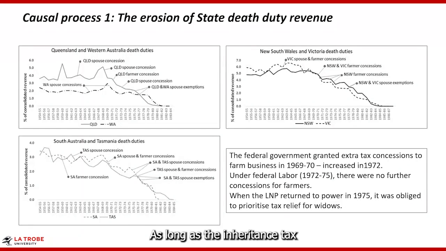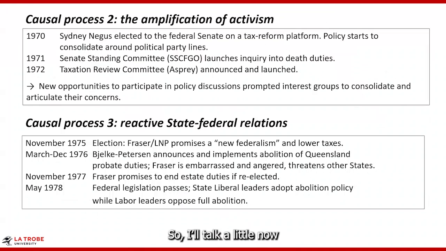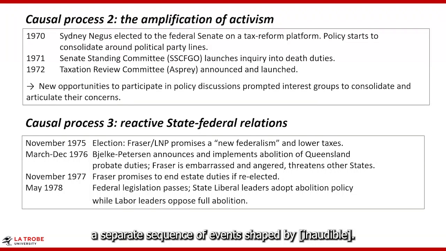As long as the inheritance tax revenue provided substantial revenues to governments, abandonment just wasn't economically feasible. But when those revenues were greatly reduced, abandonment or retention became more of a matter of partisan choice, and this is especially clear in examples of the non-coalition states. So I'll talk now about two shorter processes, the amplification of activism and a separate sequence of events shaped by